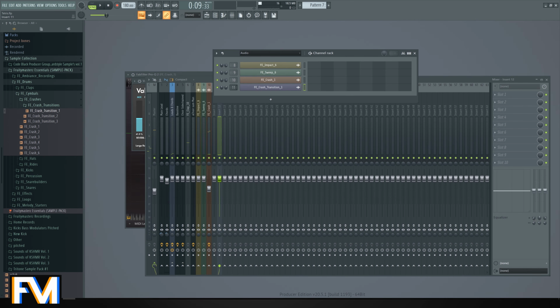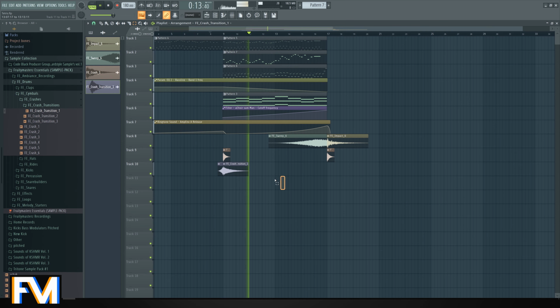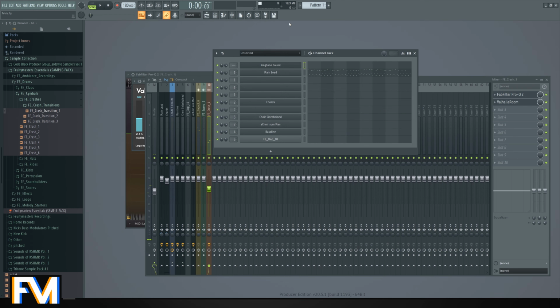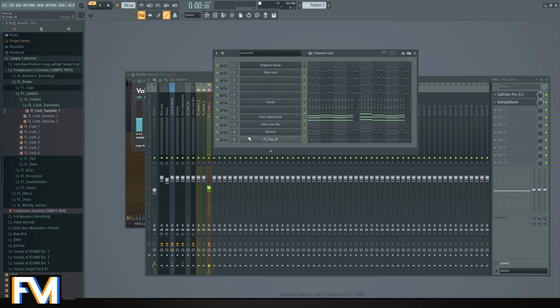Same preset. Okay, so now this is not really the melody we're going to hear right now. So let's clone this. Let's change it a little bit so it'll work.